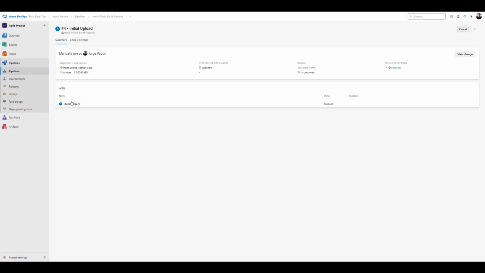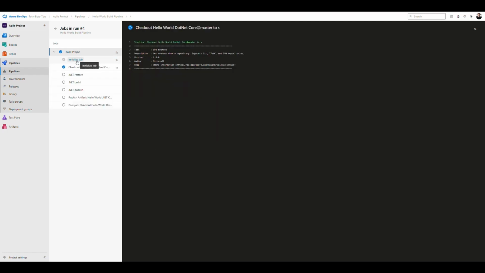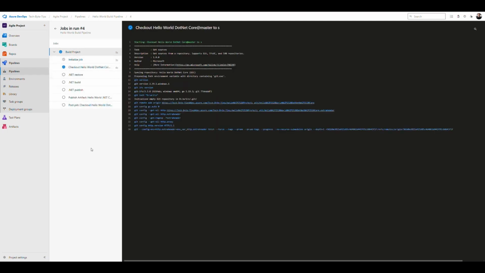And if we click here where it says jobs, we can see how everything is going with the pipeline. We can see step by step how everything is executed. This should not take long because it's a very small application, so we can basically wait here for it to do its thing, and then we'll be able to see the progress of it. And as you can see, it has started the build, and it has an initialized job that it has completed already. Now it's checking out the code from the repository,